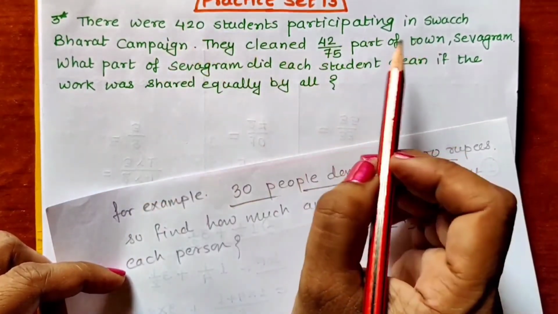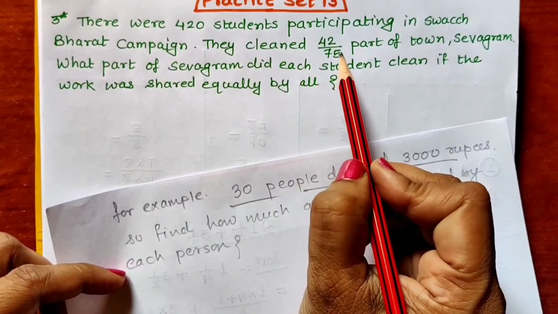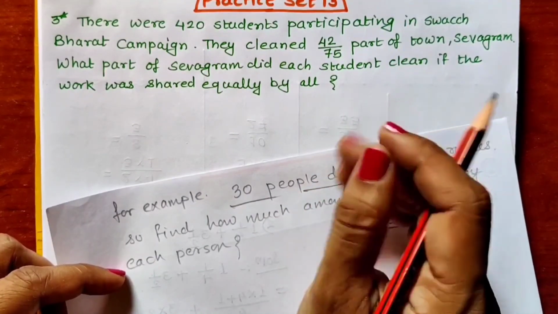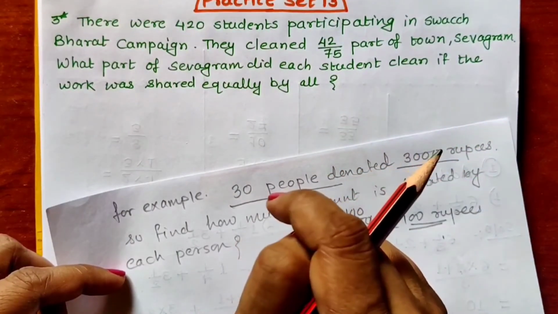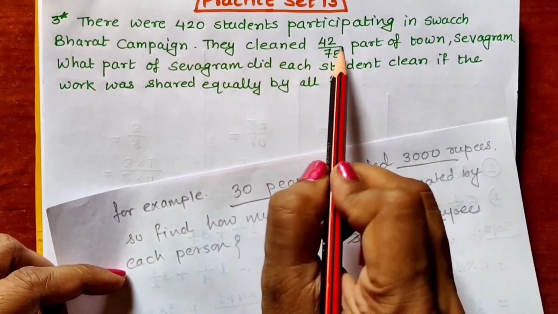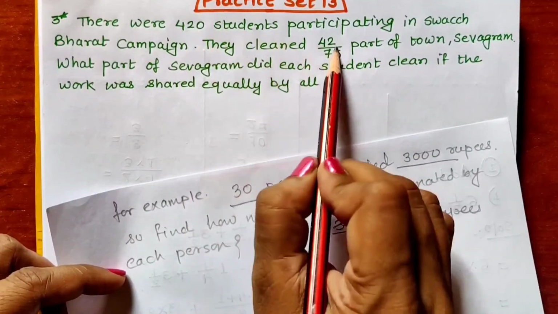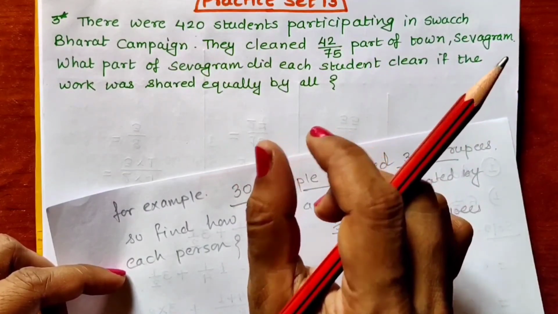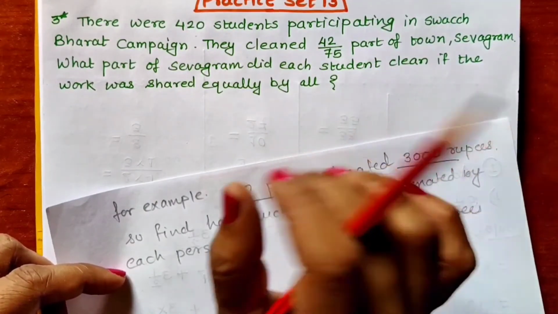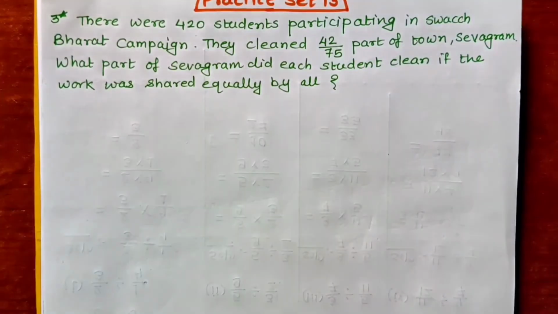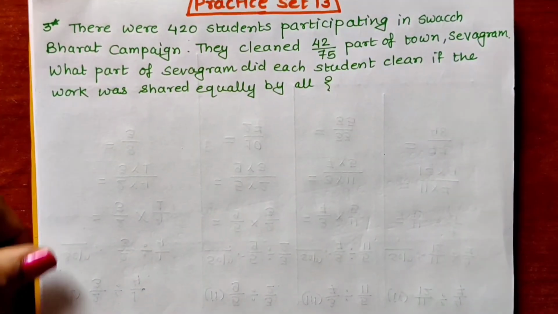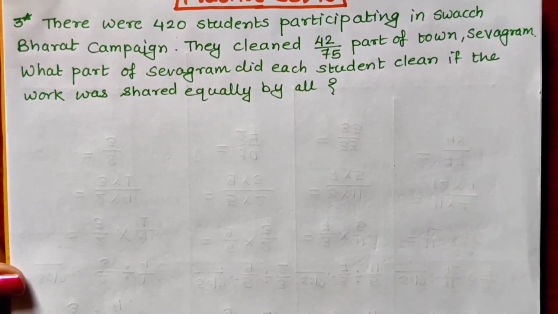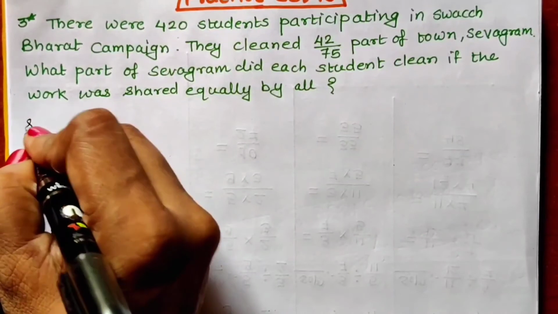420 students all together cleaned 42 upon 75 part of the town. So how much part is cleaned by each student? What we will have to do? We will have to divide this 42 upon 75 by 420. Correct? And then we will get the part which is cleaned by each student. So let us solve. Let me make it little big. Yes. Okay. In solution,